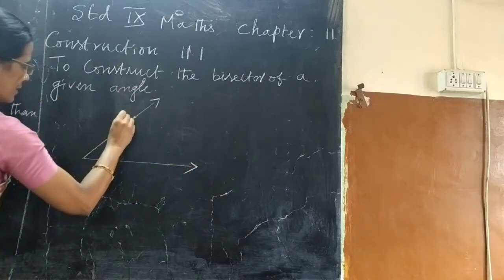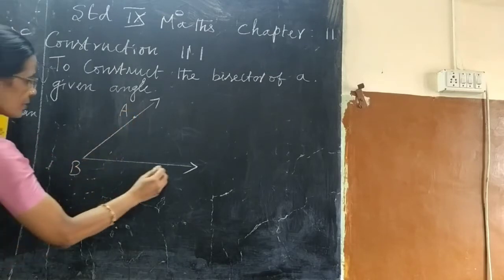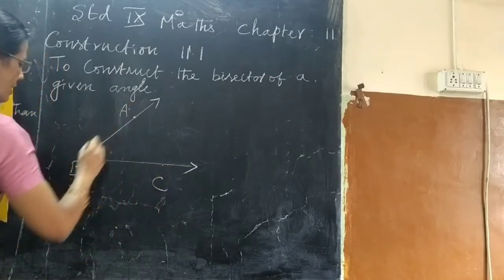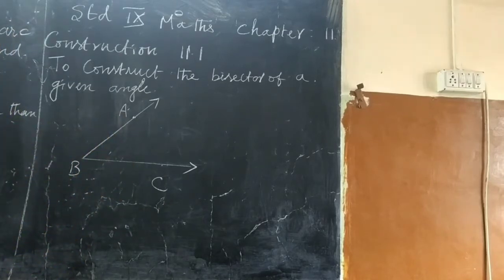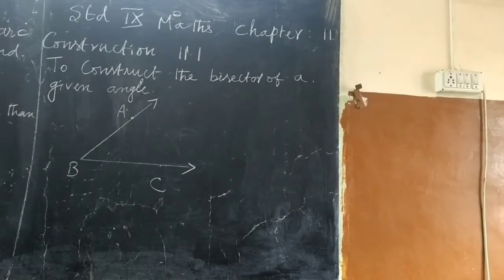The name of the angle is A, B, C. So we are given angle ABC. We are asked to bisect this angle. So we are going to do the bisection. To bisect this angle,